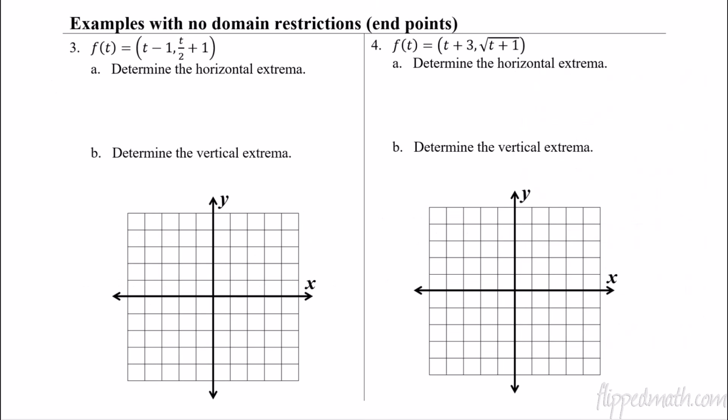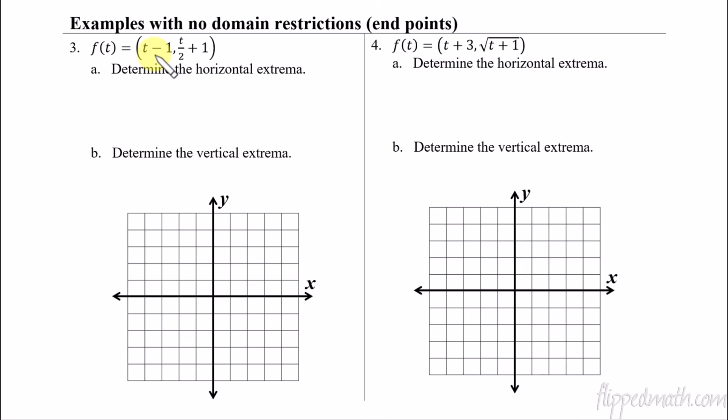But what if we didn't have a domain restriction? There are sometimes situations where the t value doesn't have a restriction on it for the parameter. So let's take a look at this one. Determine the horizontal extrema. This one's going to be really easy, because we're just saying for this x value,